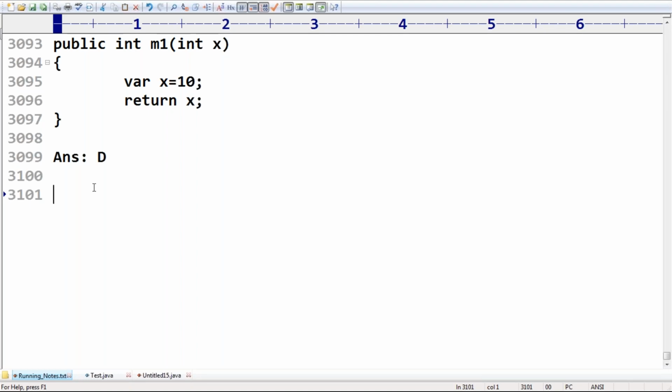So in the exam, whatever they are going to ask, don't worry at all. Concentrate on syntactical things. If you concentrate on syntactical things, whether you are using var for a local variable or for a class variable, if you identify that, then so happily you can find which is acceptable. Correct, Raja?